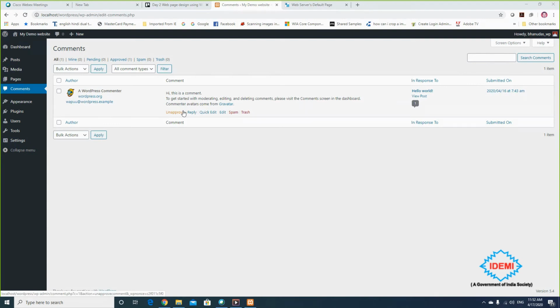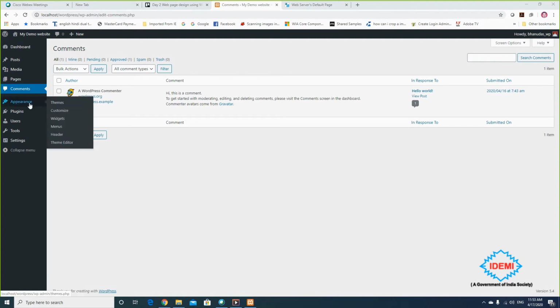If you approve, only then will it display that comment on a post. Otherwise, it won't. So the comment control is in your hand. Whenever you want to approve or unapprove, you can do this with the comments menu.